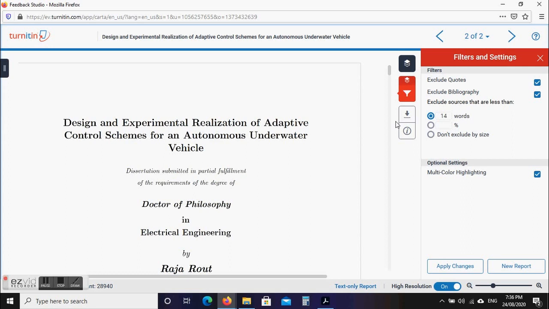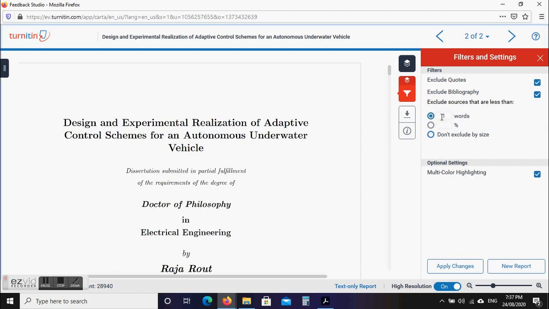Suppose there are many sources with 200 or fewer words in total matching your original thesis or article, and for any reason you want to remove all those small sources.